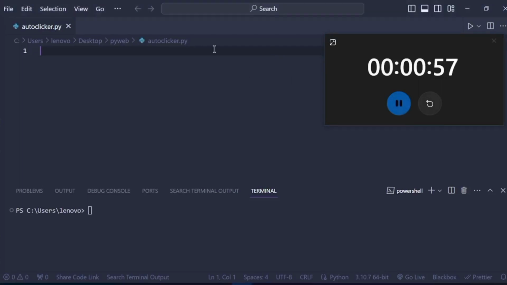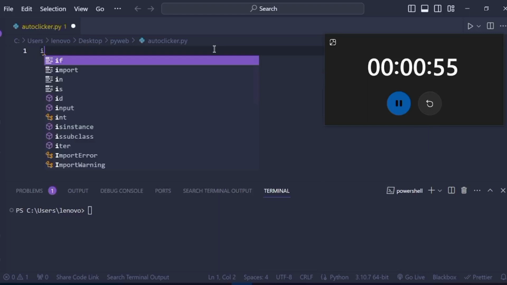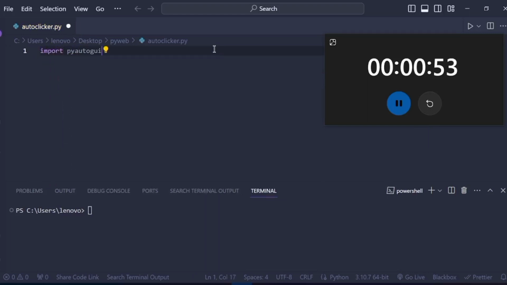Okay, so we'll start off with importing the main library, which is pyautogui as pag, and then I have to import keyboard. So I imported pyautogui for auto clicking, and I imported keyboard to start and stop the program. And next I will